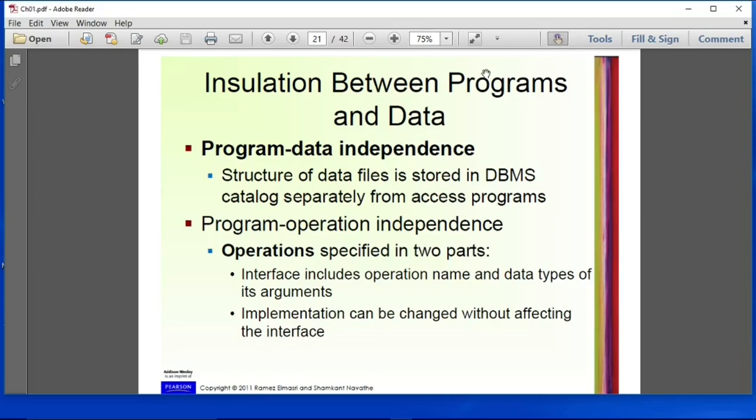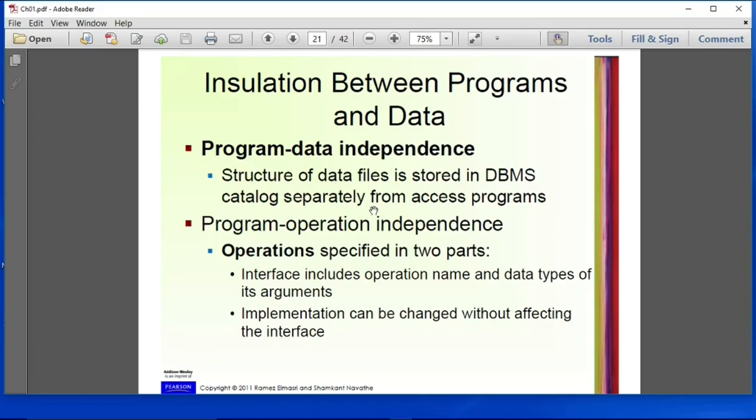Okay, whereas in the case of DBMS, access programs do not require such change in most of the cases. Okay, but in the case of a file processing system, the structure of the file requires changing all programs that access the file. So basically files and programs are clubbed together in file processing systems, whereas in DBMS it is not the case.